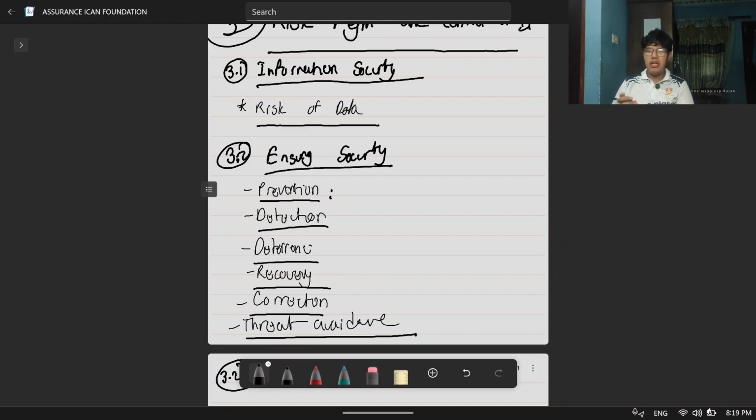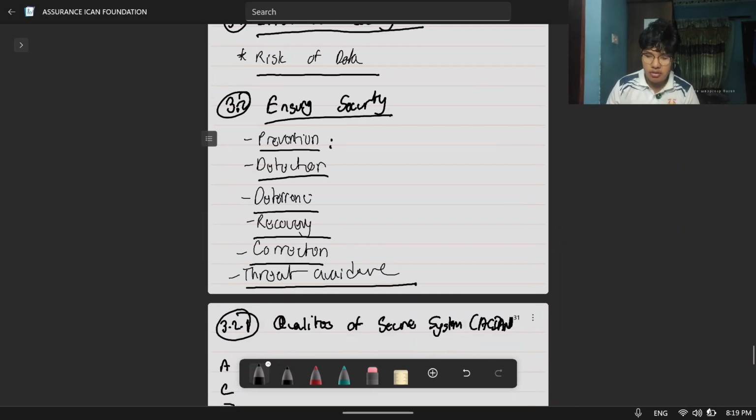And then we have got recovery, creating backups in case the system crashes and the operations must continue. And we have got correction भनेको चाहिँ if there are any vulnerabilities, by doing penetration testing we can check if there exist any vulnerabilities and fix those vulnerabilities. And then we have got threat avoidance. If we find any vulnerabilities while doing penetration testing, we must update or change the systems.